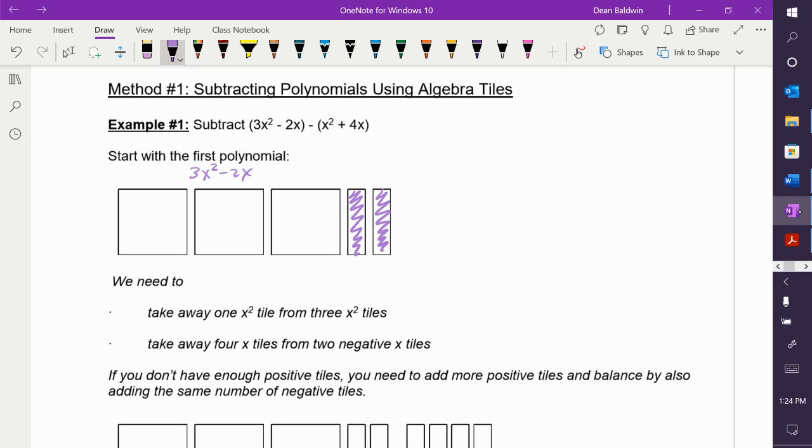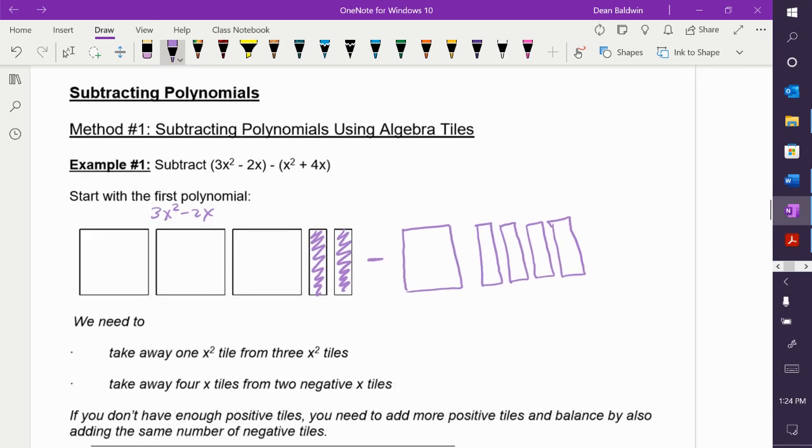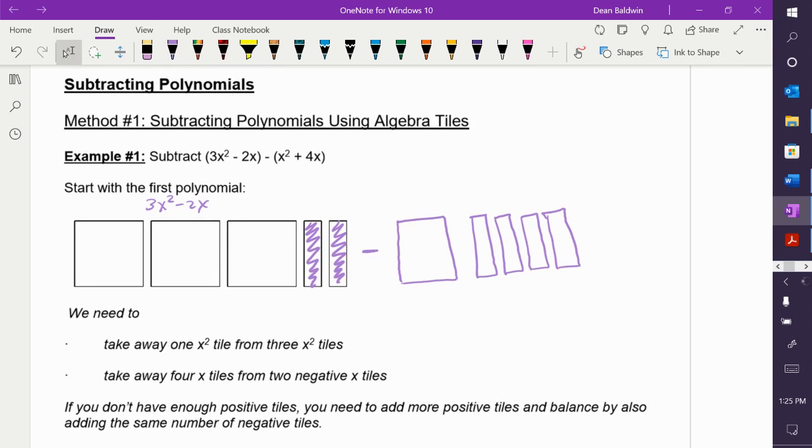So, if we write out this polynomial, I'll put a minus sign there. I have 1x squared and I have 4x's, so 4 rectangles. Okay, do I need to shade any of them? No. Okay, now, well, I drew them at an angle there. If I said 4 minus 2,